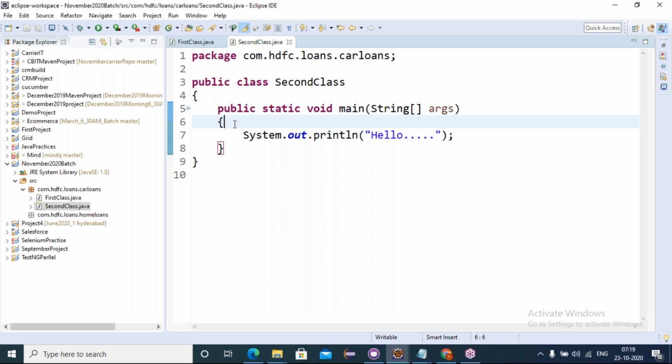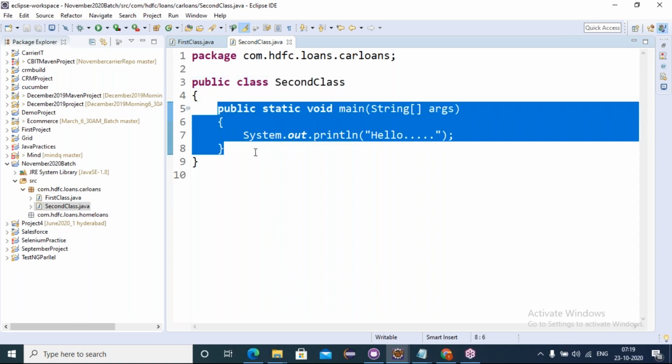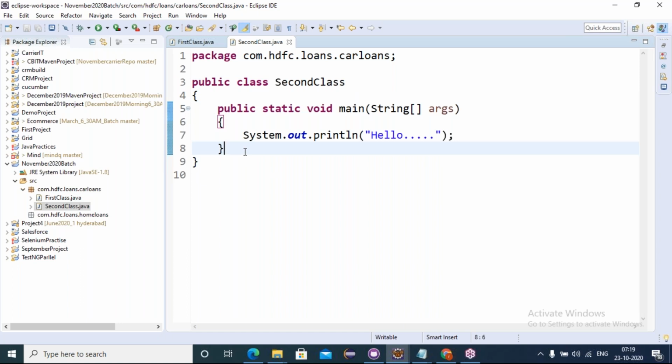Okay, the meaning is, as I concluded here, for every class you must have a main method. Getting? To run the current class statements, you must have a main method. Got it? See, if you have two buses, every bus has its own engine, right? Every bus must have its own engine. Every bus must have a main method to execute that class. Okay? Now let's talk about what a class is in detail.